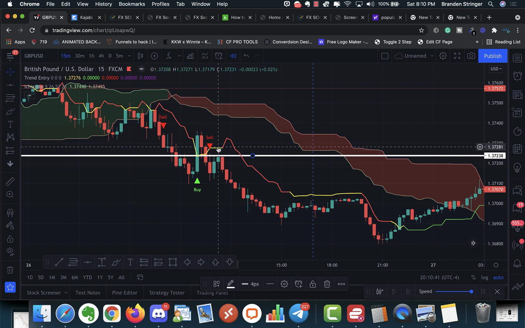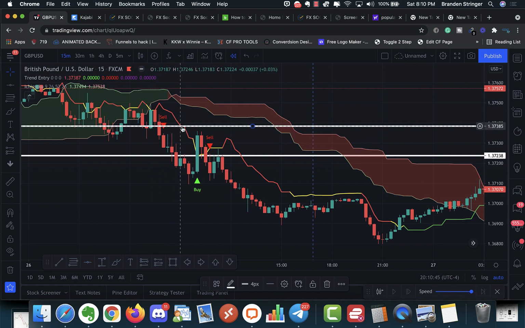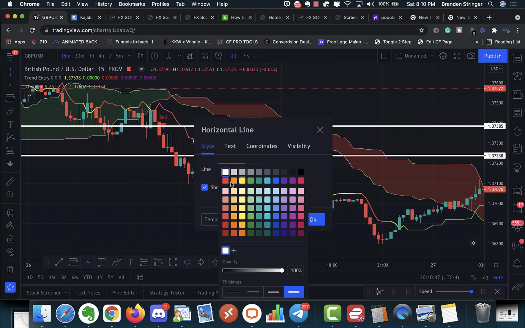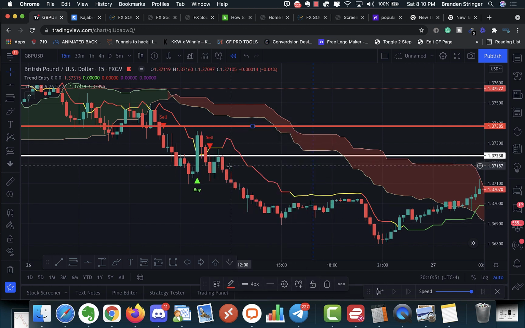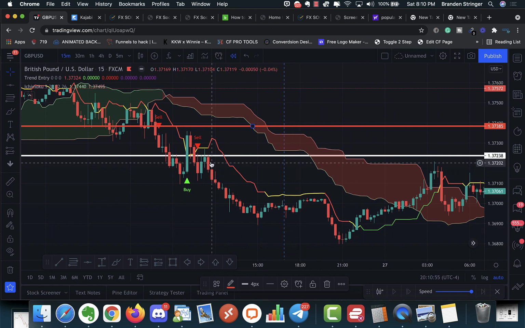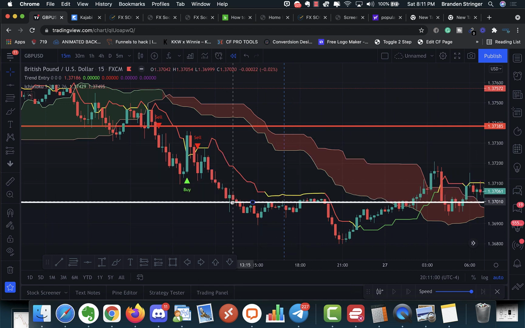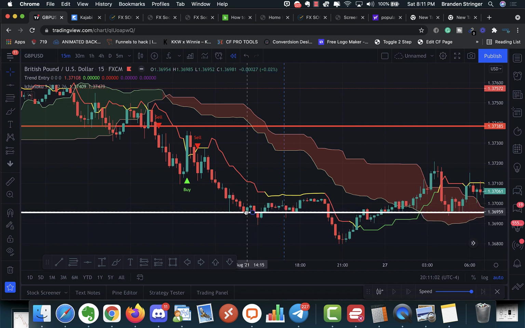Well, our last high was right here. So we can put our stop loss above here. We can make it red. That's our stop loss. And our take profit, let's say we're gonna hold on to the trade very far down here. So the trade's going, it comes up, it comes down, comes up right here,